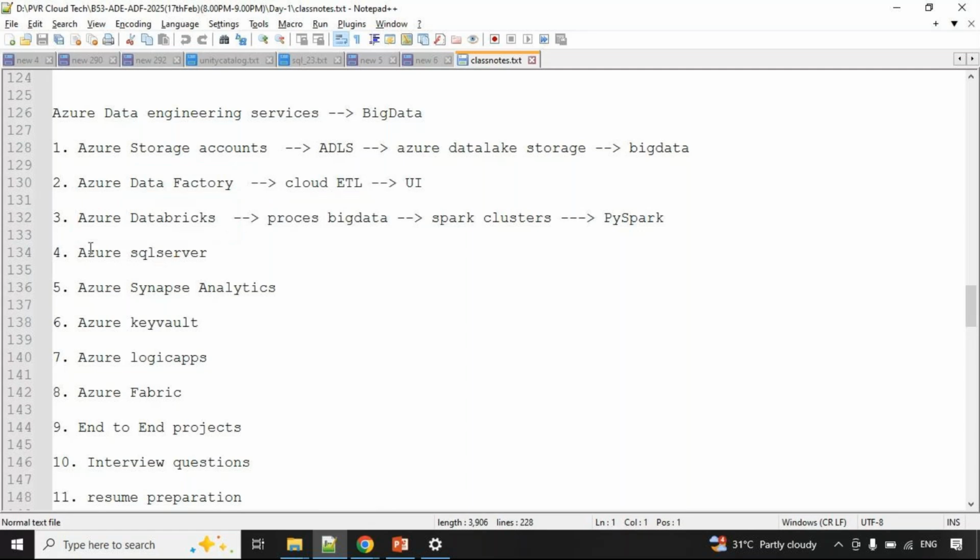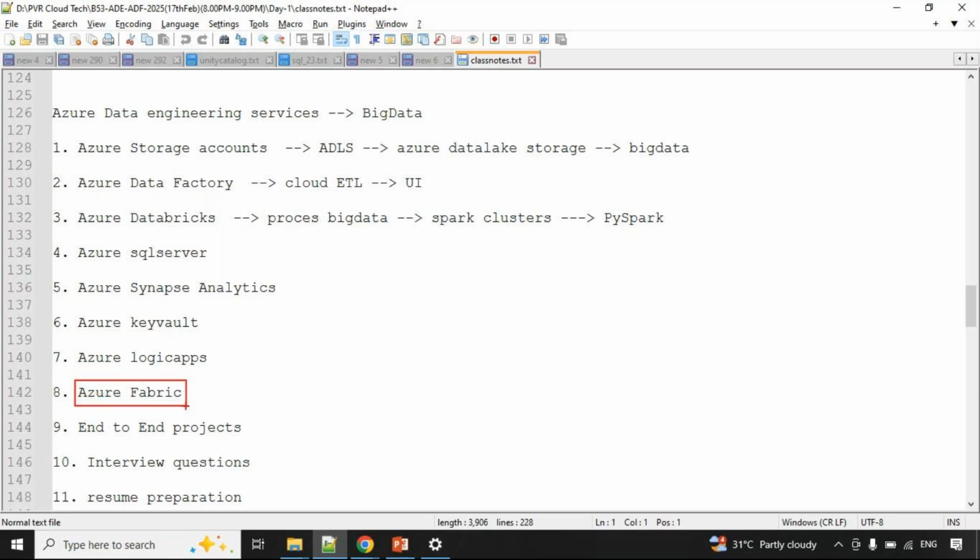Azure SQL Server is the same as the on-prem SQL Server, available in the cloud environment. Synapse Analytics integrates all of these. Azure Key Vault is where we can store the keys, and using Logic Apps we can send email notifications.